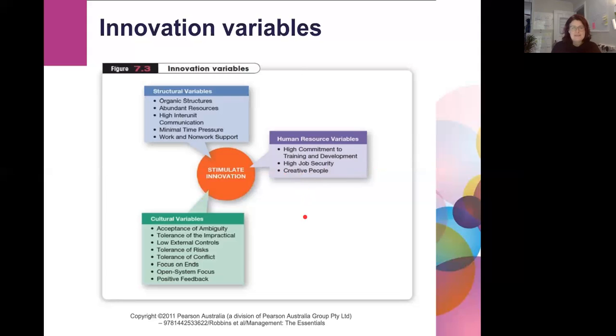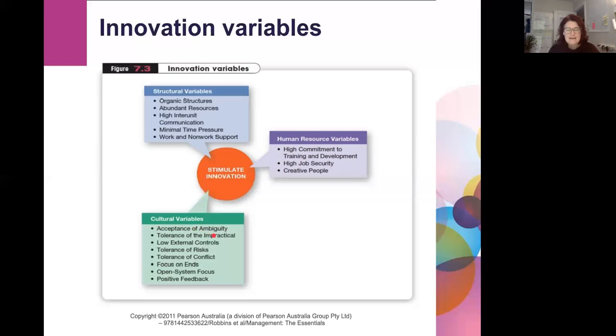And then we have our variables that sit at the organizational culture level. And this can also sit at the global culture level, right? So we looked at culture both in terms of the way that the organizational culture works, as well as in one of our earlier modules, when we looked at the external environment, we looked at the culture of the country. And so these things can either work in conflict or support and endorse each other.